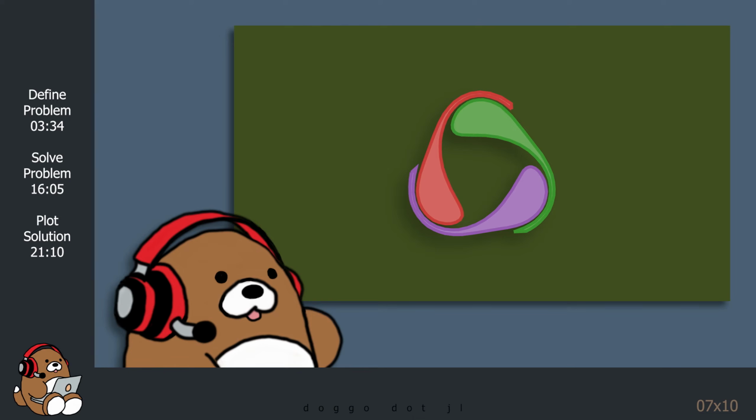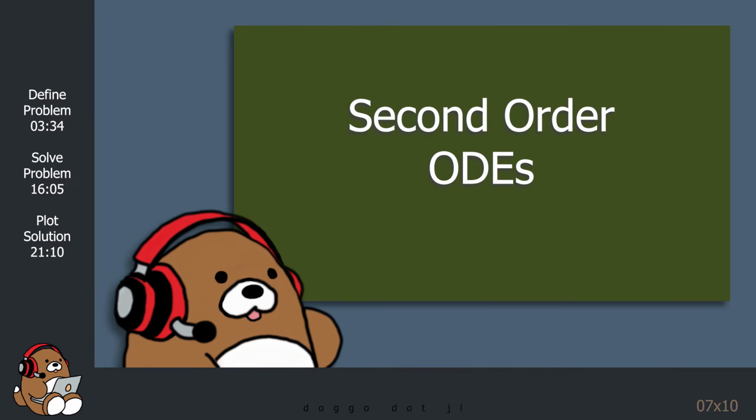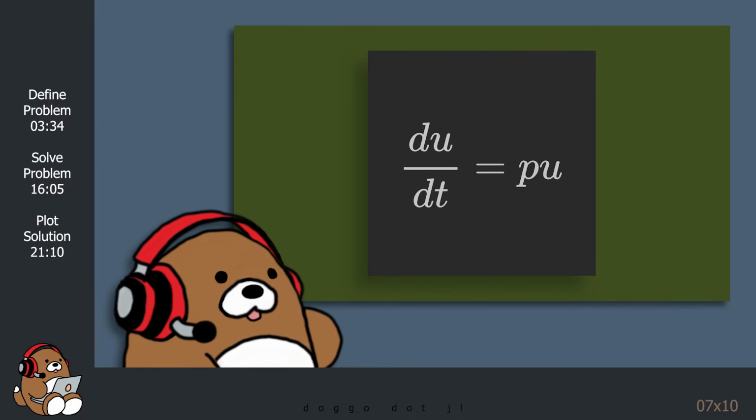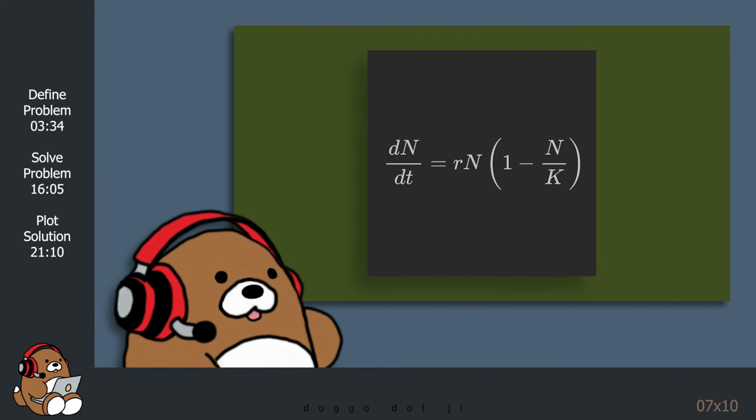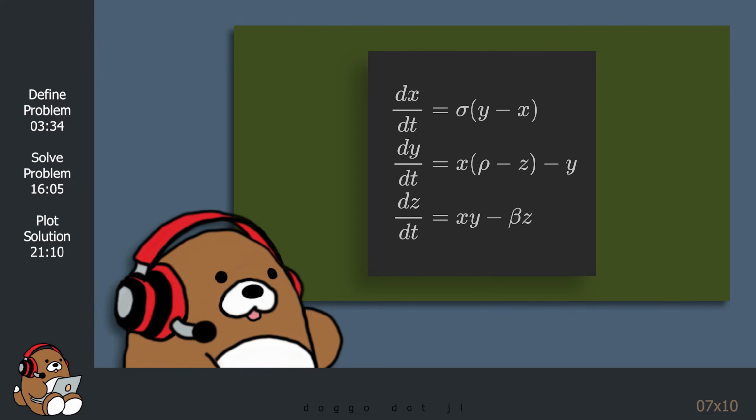We've seen that the DifferentialEquations.jl package can solve a lot of different types of differential equations, from first-order ordinary differential equations to second-order ordinary differential equations to systems of differential equations. But so far, all of these equations have been simple and elegant equations that look like they should have their own social media accounts. But not all differential equations are so photogenic.